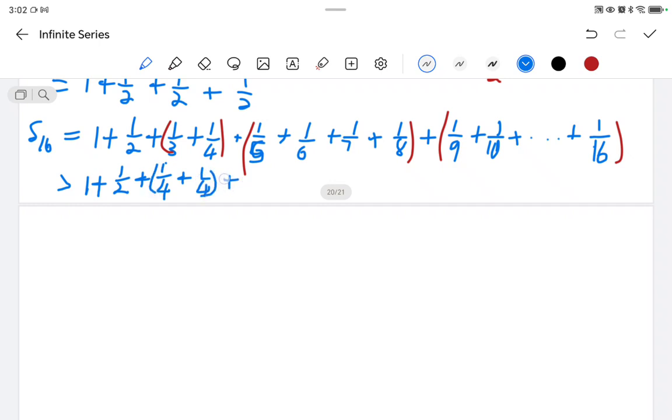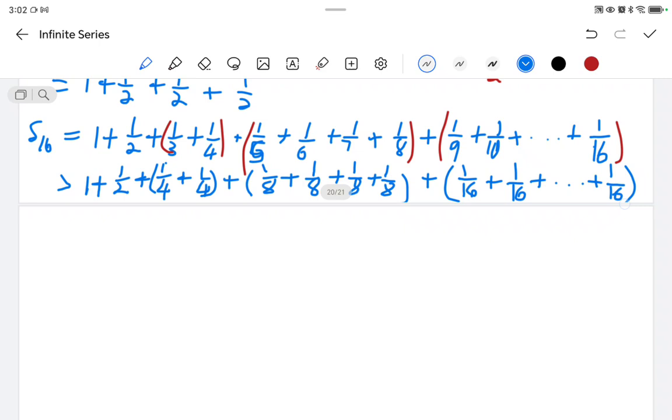Plus this changed again to 1 over 8 plus 1 over 8 plus 1 over 8 plus 1 over 8, because the highest here is 1 over 8 in this bracket. And then the highest in this bracket is 1 over 16, so we'll change it to 1 over 16 plus 1 over 16